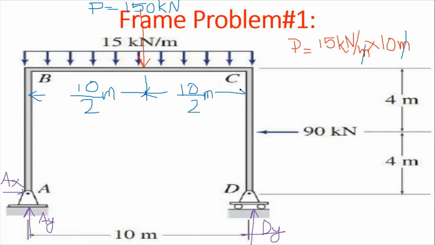So what we have to do now is sum up moment at A. Why are we going to sum up moment at A? Because point A, or you can say the support A, has two support reactions. So we have to sum up moment at A. So what will happen, we will get the value of dy. So how can we do that? I am moving towards the next slide. How can we do it?